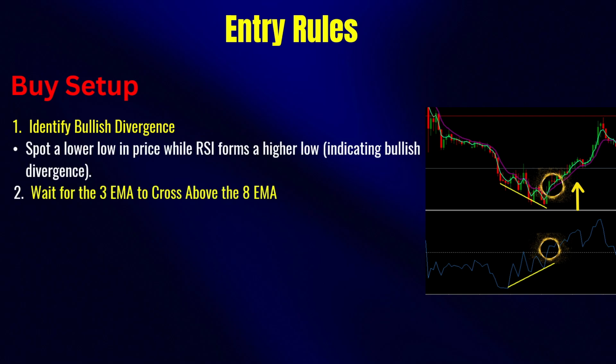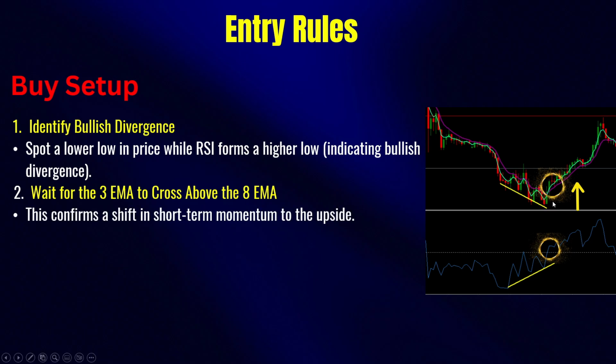Next, wait for the 3 EMA to cross above the 8 EMA. Over here, we do see the 3 EMA crossing the EMA 8. That can confirm that it's a strong signal, because the issue is that most of the time we enter prematurely, when we see divergence here and just enter at this candle, and what happens after that? Price came down and it hit our stop loss. We want to confirm a valid signal. So this is where my tweak comes in: I'm using these two EMAs to confirm the signal.